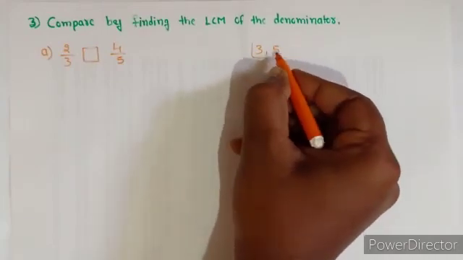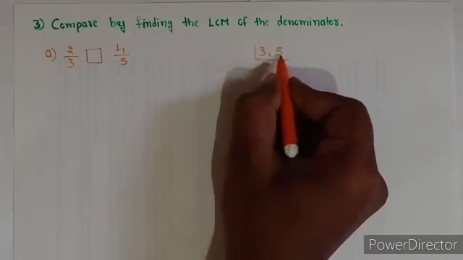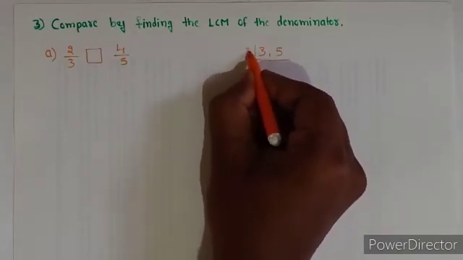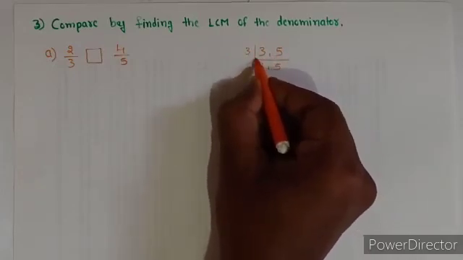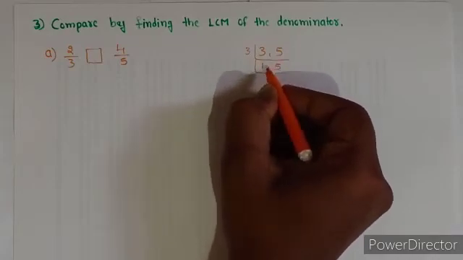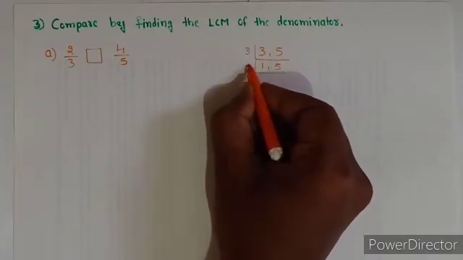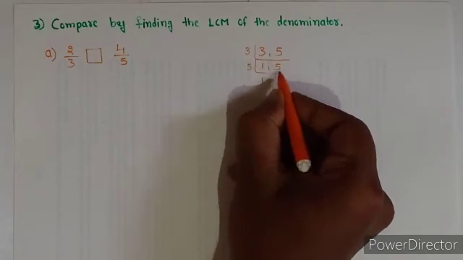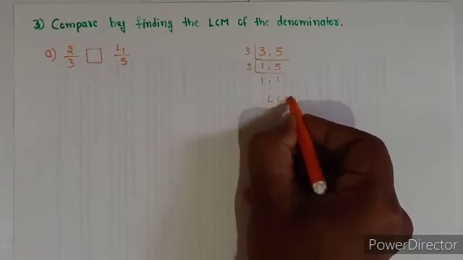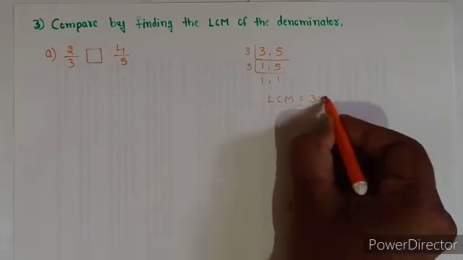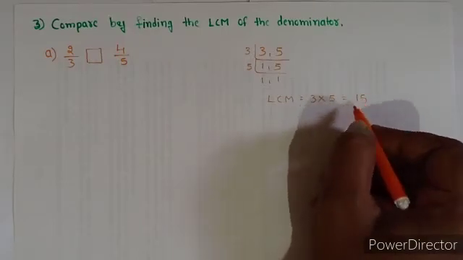By the common division method, the smallest prime number which divides at least one of the given numbers here is 3. 3 ones are 3. From 3 we can't divide 5, so bring it down as it is. Now we got 1 and 5. The smallest prime number which divides one of the given numbers here is again 5. Bring down 1 as it is. 5 ones are 5. So the LCM is equal to 3 into 5. 3 5s are 15. 15 is the LCM, right?